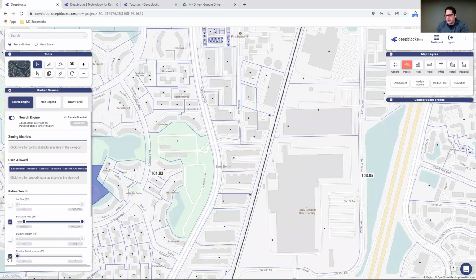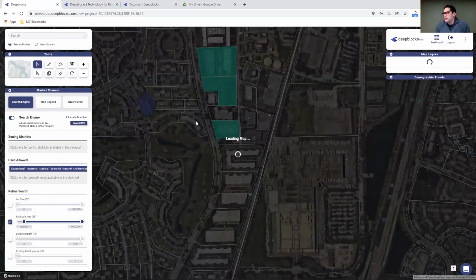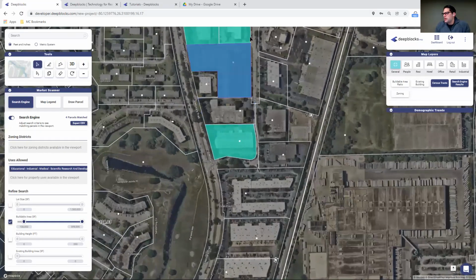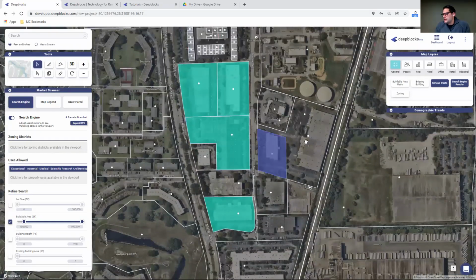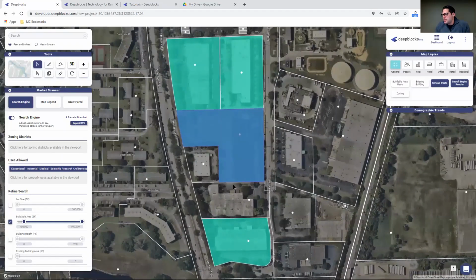So that's all right. Let's turn on the satellite layer to see what we're looking at here on these parcels, that maybe they make sense. All right, I'm going to zoom in some more. It looks like this is an existing building with a parking lot right there. I believe this is a parking garage right here.